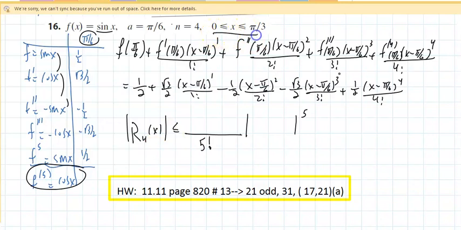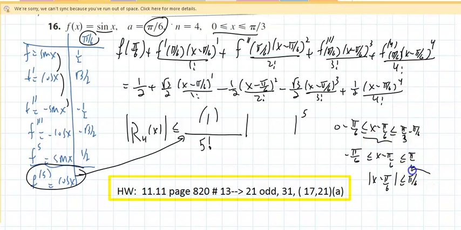And on the interval between 0 and pi over 3, cosine, the biggest it could ever be is 1. We know that. And if I take 0 and subtract the pi over 6 from it, and do that to each, I'm going to do the traditional work, I'll get this to be less than pi over 6, and I plug those in, and that